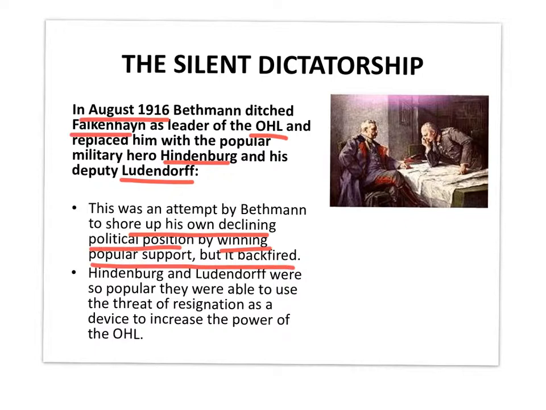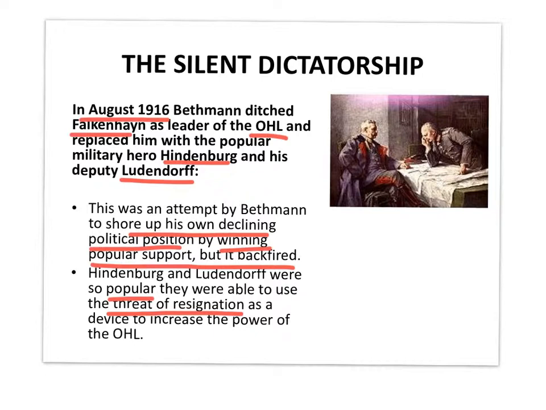So as the war began to go wrong, and as the ordinary people of Germany began to turn against the war, to try to boost his own popularity, what Bethmann-Hollweg did was appoint these two military leaders, brought them back from the front basically, and made them commanders of the OHL. But that backfired. They were so popular that they used that popularity by threatening resignation unless Bethmann-Hollweg ran the country the way they wanted him to run the country. So basically Bethmann-Hollweg trapped himself. He was forced to effectively